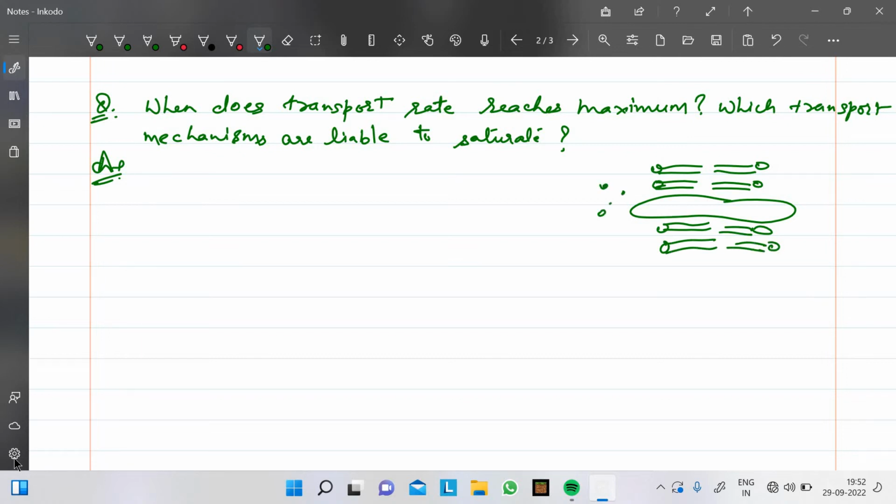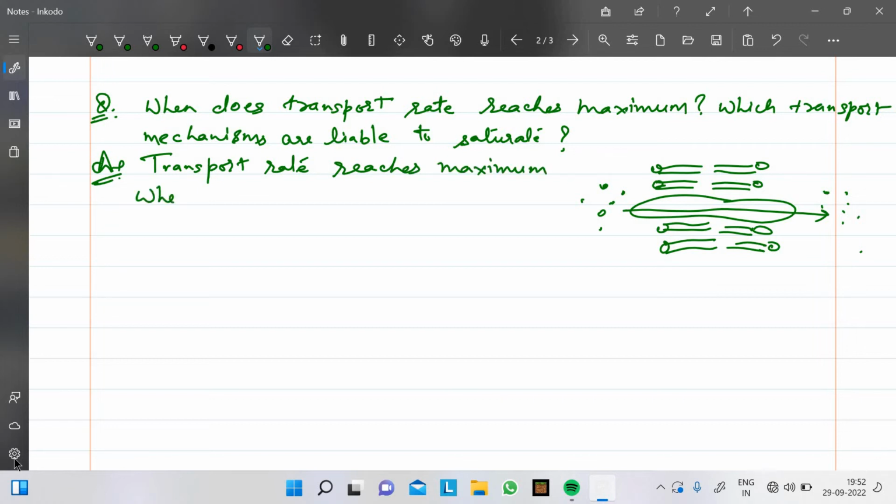There are solute particles, they will cross with this transporter protein here. So transport rate reaches maximum